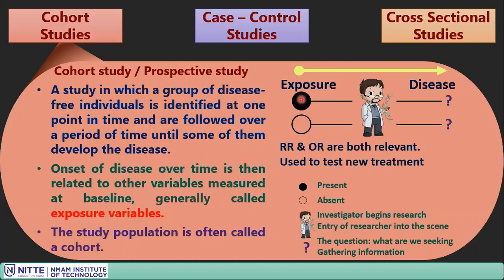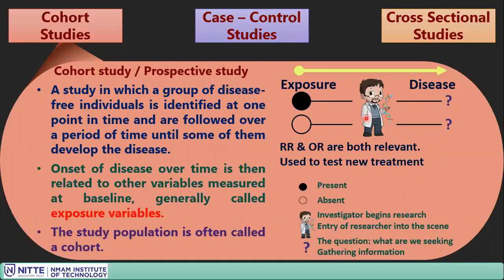You are going to group them based on whether they are exposed or unexposed, maybe like a treatment group and a control group, maybe a placebo group for a drug effect measurement, or two different drugs. So the researcher assigns the group to one of the groups. One is exposed, another is unexposed. Now these two are called cohorts. First cohort, exposed cohort, unexposed cohort. That's why the name cohort study.